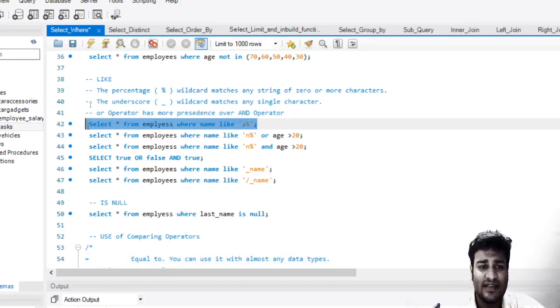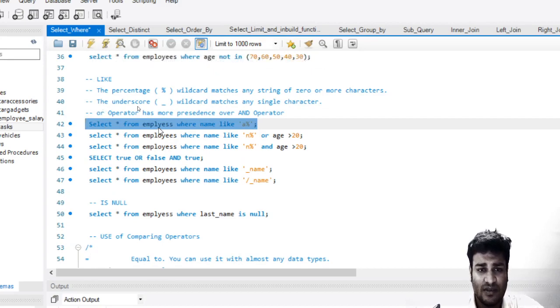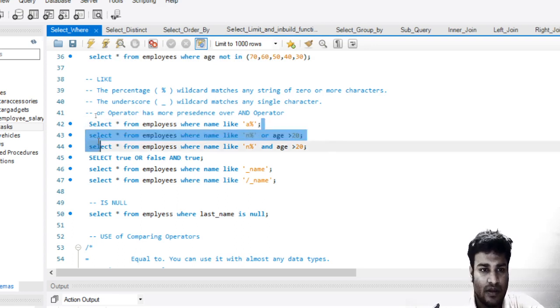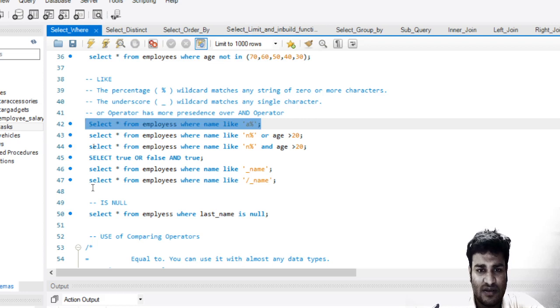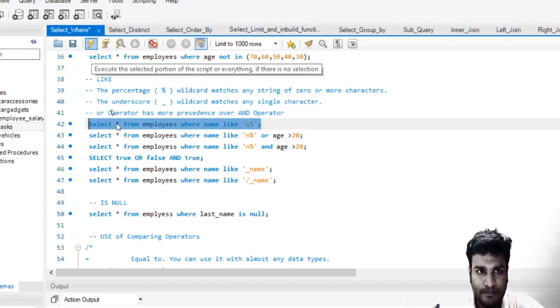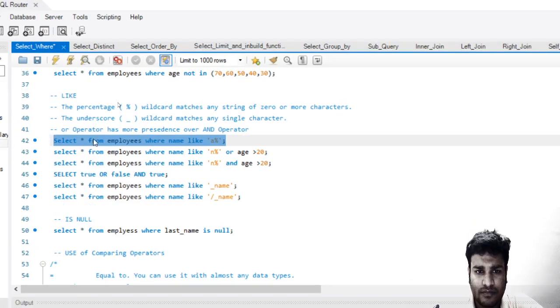So whenever I say something like this, it will fetch us three records. Spelling is wrong. Employees. So whenever I run this query, it will fetch me... unknown column name.